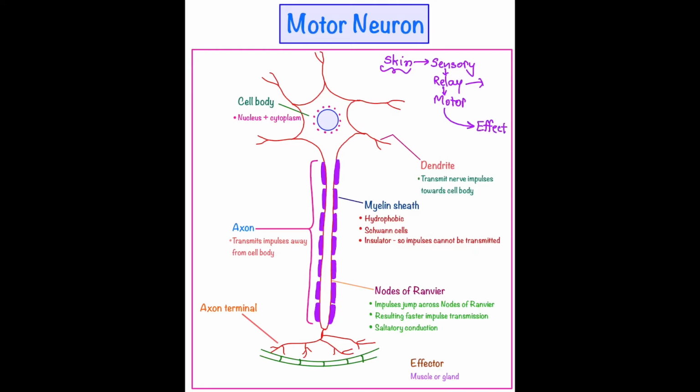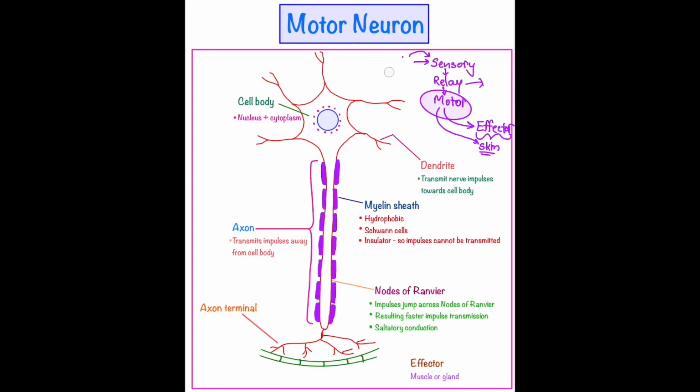So when we take the example of this hot mug, where our skin is touching the hot surface, at that time our skin is acting as a receptor, right? And then it is receiving the signal, it is transmitting in this particular way, and finally the effector here is also the skin. So when motor neuron is going to send the impulses or the response to the skin, immediately we are going to remove our hand from that surface. Clear? So this is how the nerve impulses are getting transmitted. So motor neuron is playing an important role to transmit this nerve impulse. That's the reason we are going to discuss the structure of the motor neuron in this particular video.